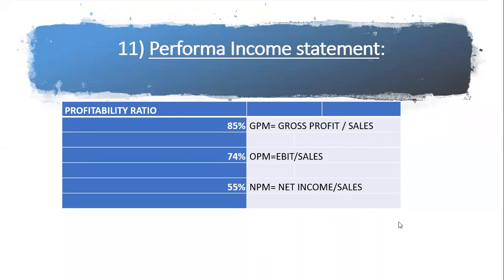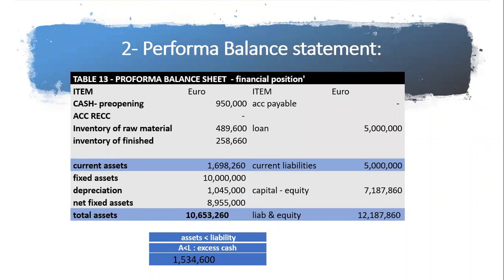So let's proceed to the second one, which is the pro forma balance sheet. I put the cash, accounts receivable, nothing here, inventory, material, finished goods. I bring them from the working capital, fixed assets 10 million, depreciation, amortization, I subtract them. And I have here the net fixed assets. So I subtract this one and I add all these values. So I have the current assets 1 million and the net fixed assets 8 million. So the total here is